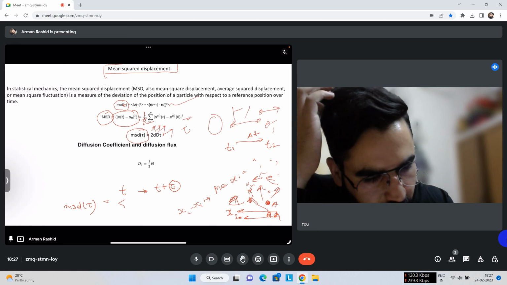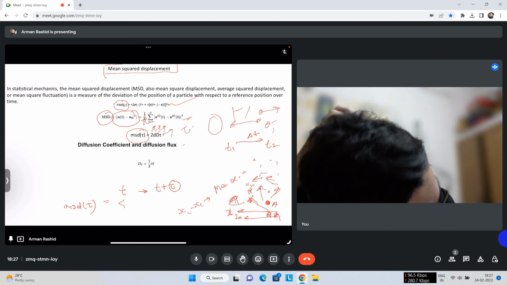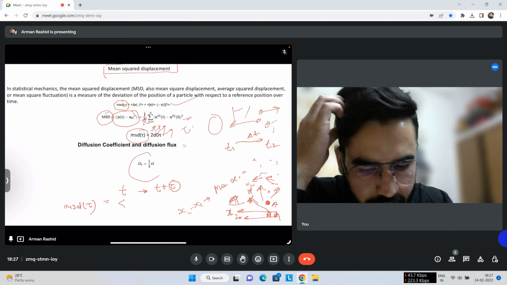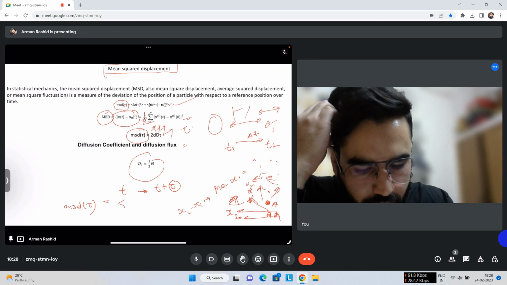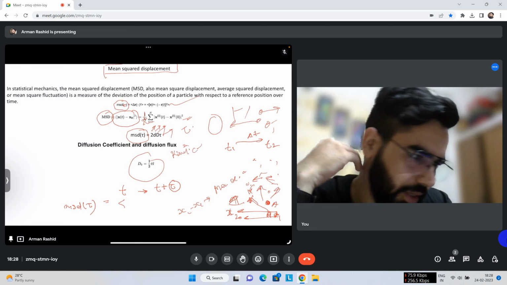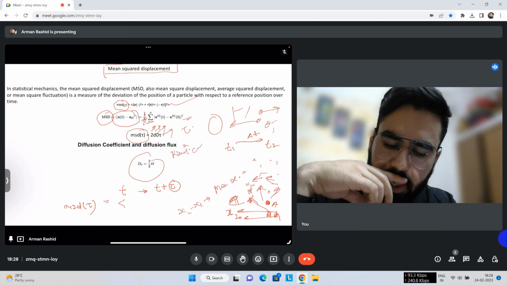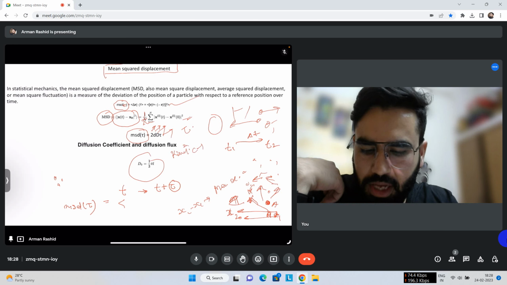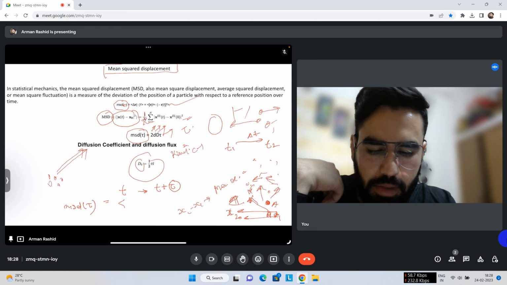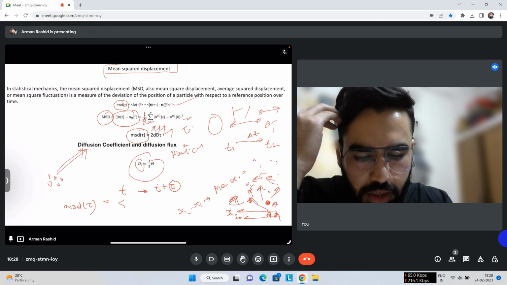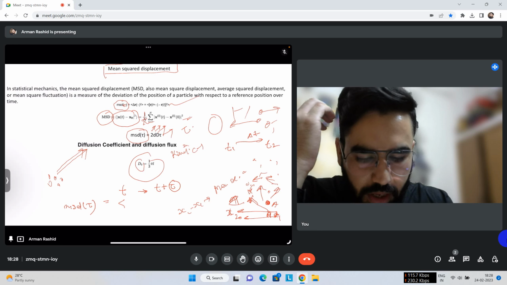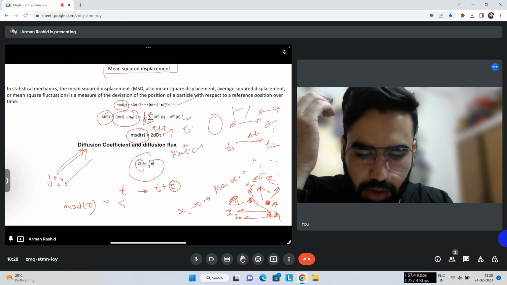Now diffusion: if we use the kinetic theory of the gases, we will arrive at an equation, that is D naught is equivalent to 1 by 3 v dash into L. So this is the equation for mass diffusibility obtained using the kinetic theory of the gases. Mass diffusibility tells us how much mass has been transferred from one place to another through diffusion. That is defined by the parameter mass diffusibility, and from the kinetic theory of the gas it is given by 1 by 3, where v dash is the average velocity